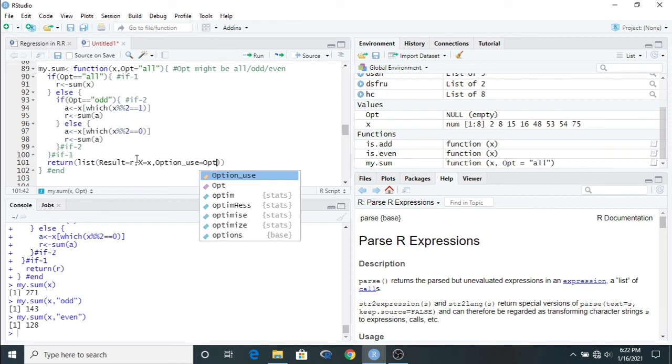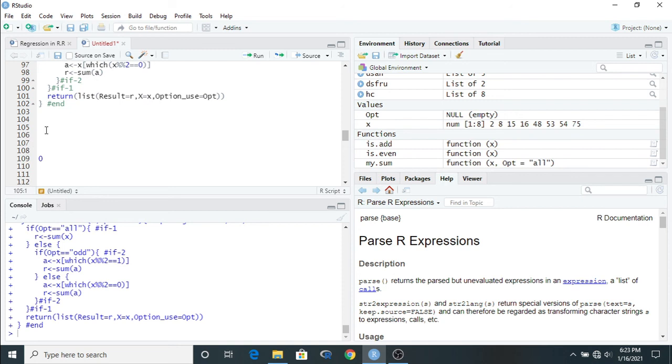If we want to extract more than one result, then we have to put some name for each particular result. Inside the result, it shows the result. Inside capital X, it shows the element value. Inside option use, it shows the option you have used, all or even or odd. These are simple things, not difficult. Okay, just run this code.